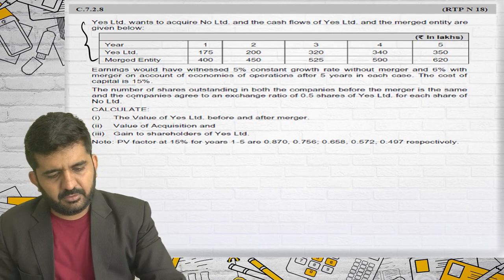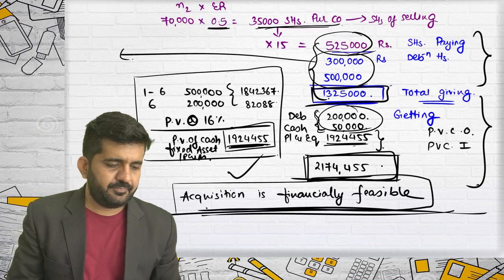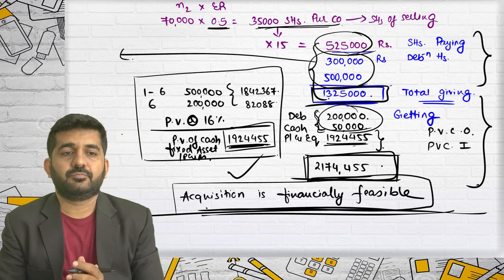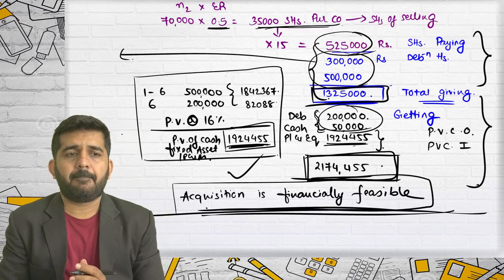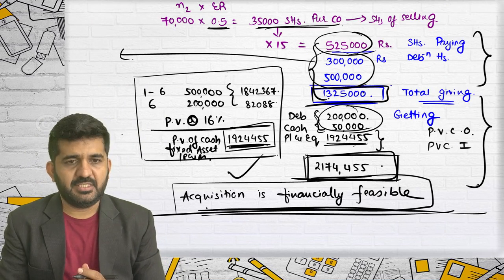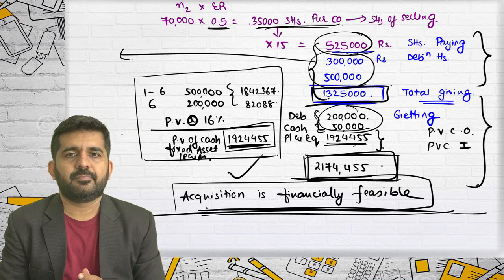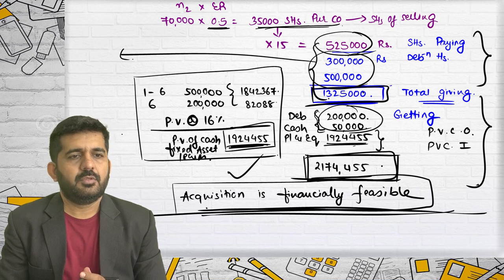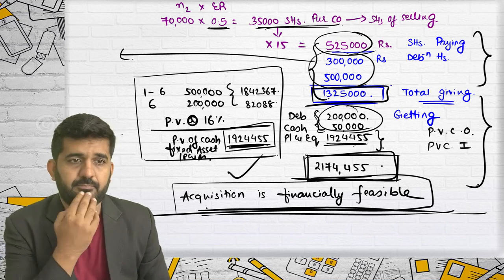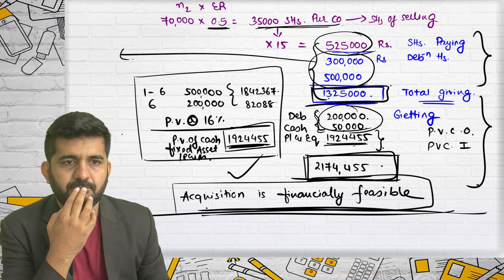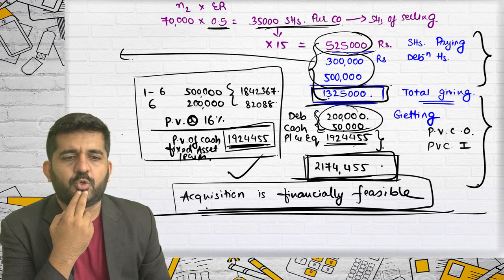Sir, irrespective, the answer won't matter, but those 13% debentures which we are converting, supposedly we will dispose of them also after 6 years when we dispose of this division. So should we not consider the interest of those 6 years by discounting it also? I didn't get your question. Can you repeat the question?